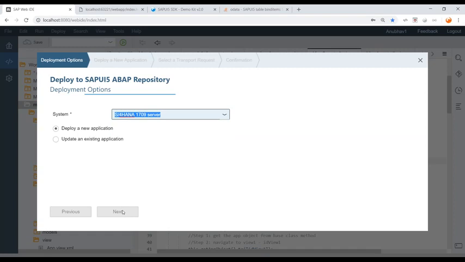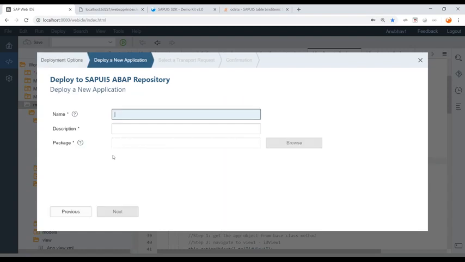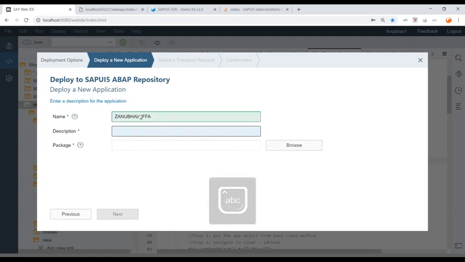Select the server. It doesn't fetch the package information in one shot actually. Okay, let's do it again. It's fetching the information to be able to deploy my app into the server. It's fetching the package information which is all there inside my SAP system. Say next. Z Anubhav first Fiori app FFA